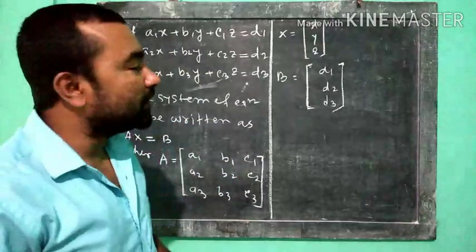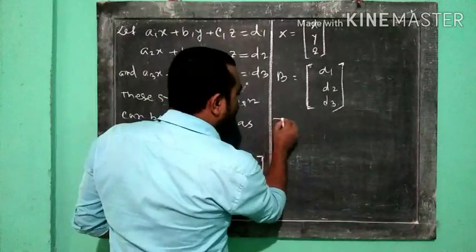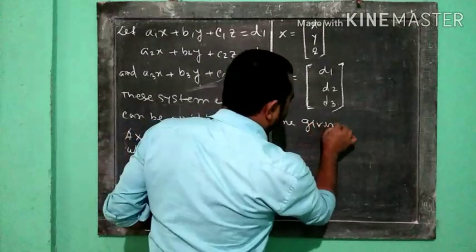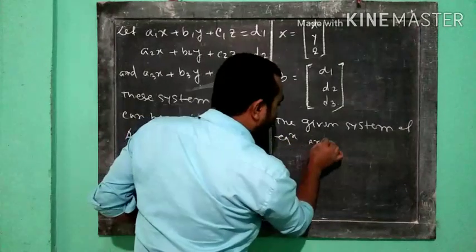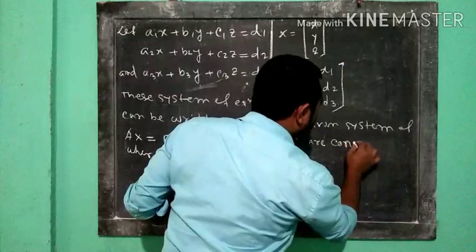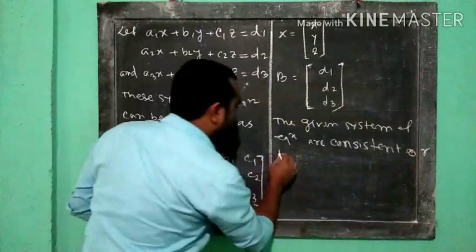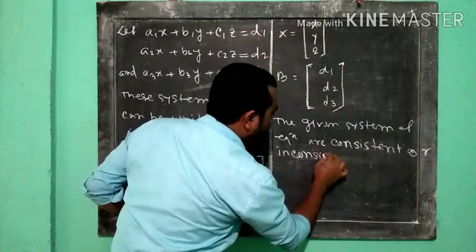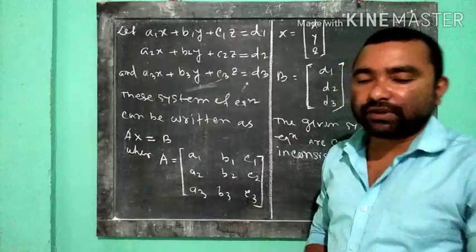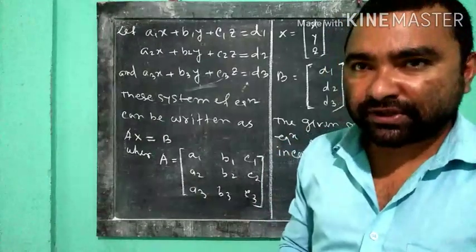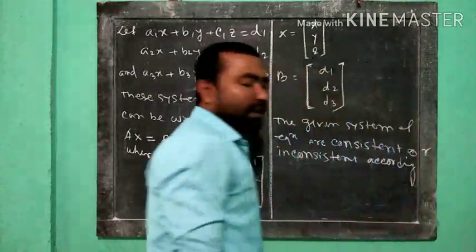The given system of equations is consistent or inconsistent according as, the formula, number one,